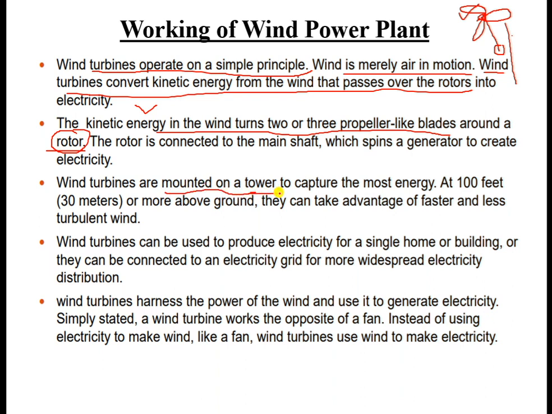But one very important thing is that these wind turbines are not located at a very small height. It may be around 30 meters or more above the ground. I am not talking about mean sea level. It is above the ground, 100 feet or 30 meters, and it must be at the highest places, such as mountain peaks or other higher areas from the ocean's mean sea level. On top of that, it may have a height of 100 feet, or equal to 30 meters.